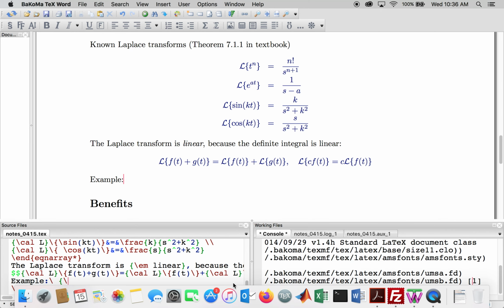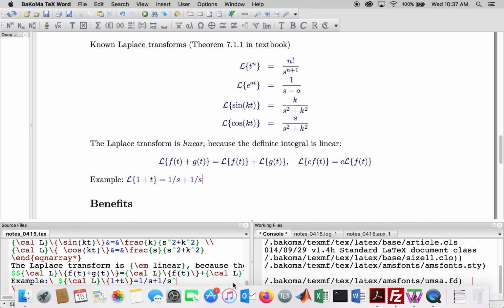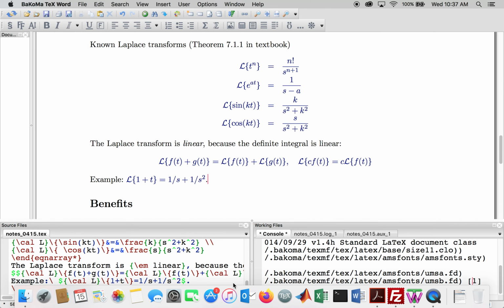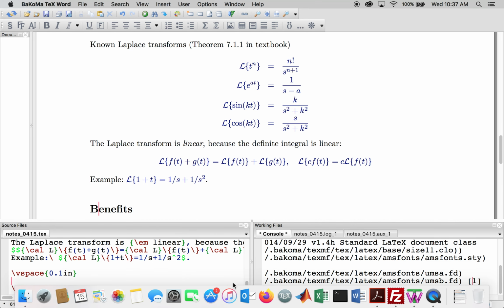So as an example, the Laplace transform of 1 plus t is equal to the Laplace transform of 1, which is 1 over s, plus the Laplace transform of t, which is 1 over s squared. Okay, so let's break it down to each term individually. Other formulas that you will need for the homework for section 7.1,